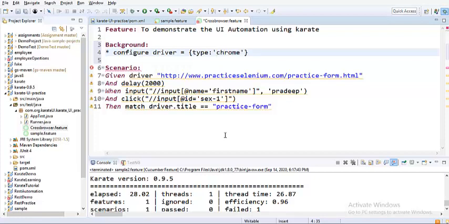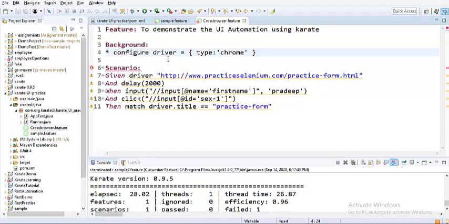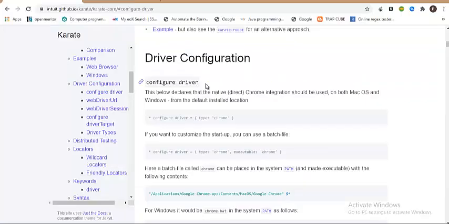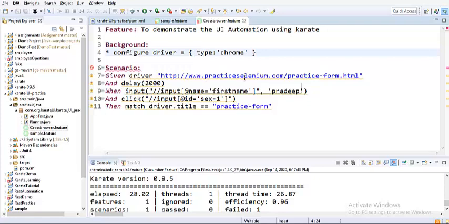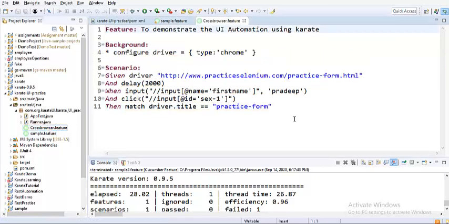Let me give one space here, because in Karate at times the space really matters. Let's see whether we are in line with all these things, even with respect to the case: type equals to Chrome. Let me save the script and close and reopen the script again.